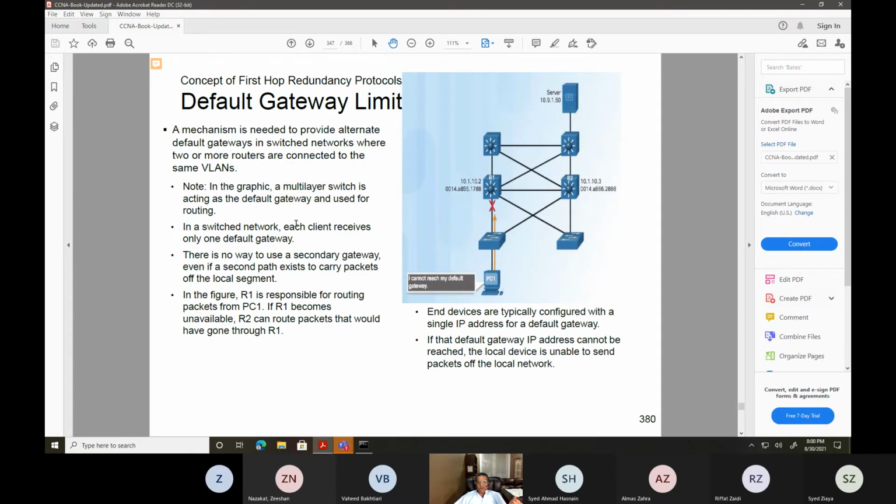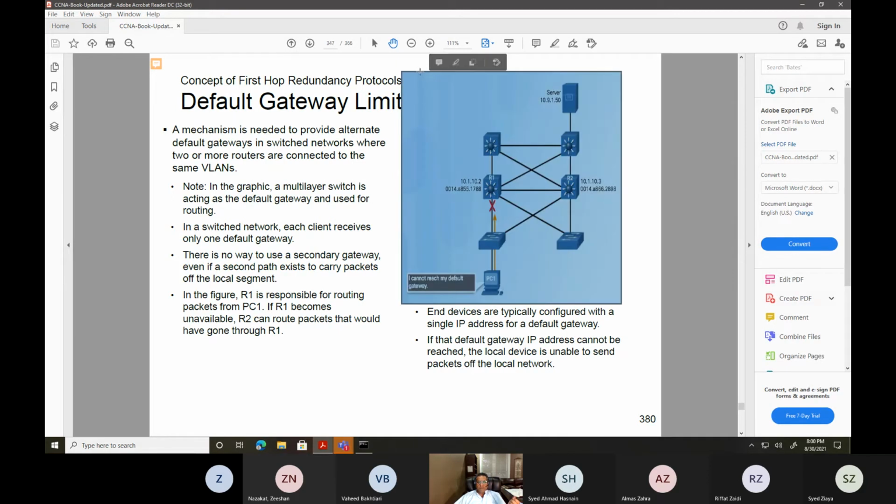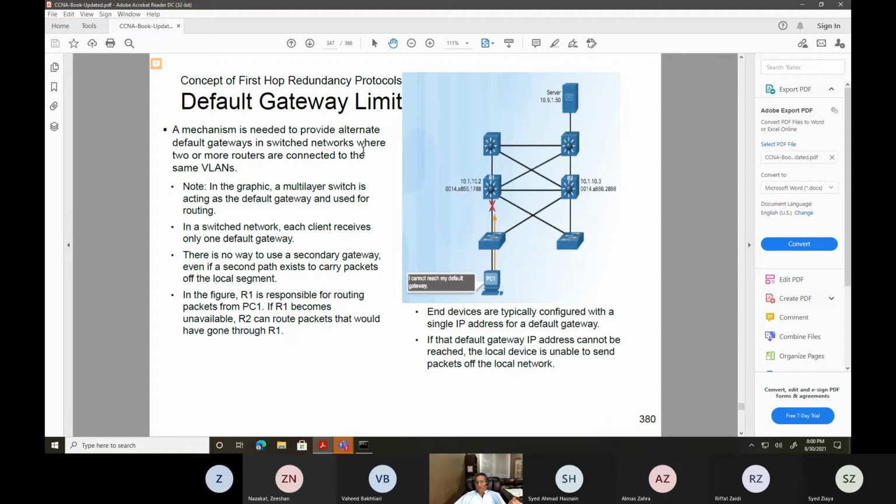Now, this is HSRP. So HSRP is what? HSRP is basically hot standby routing protocol. This is a Cisco proprietary. What this simply does, it says, my friend, you can have only one IP address for your default gateway for your PC, right?